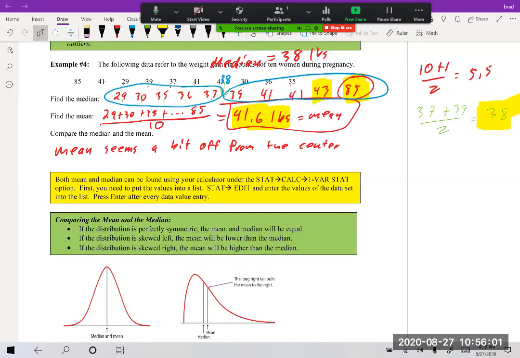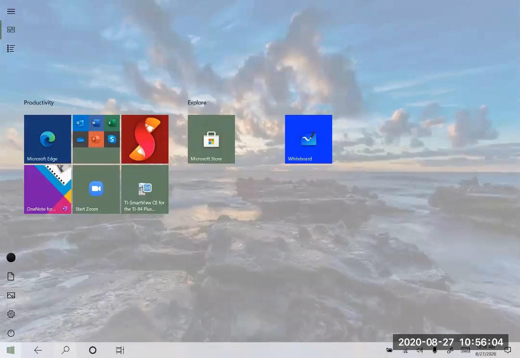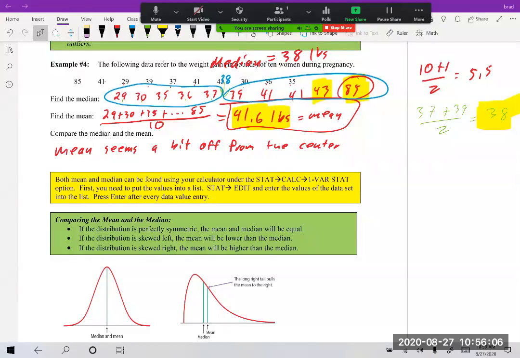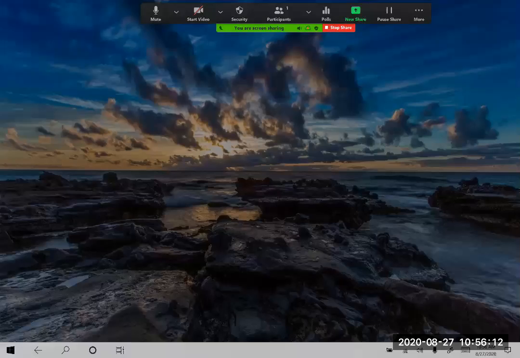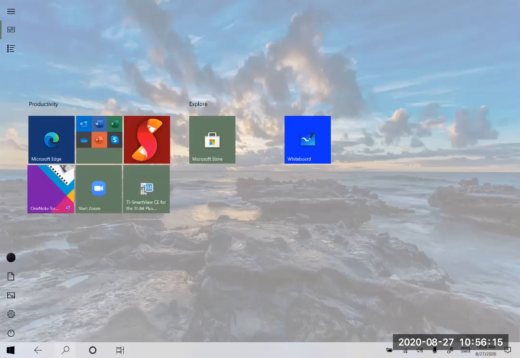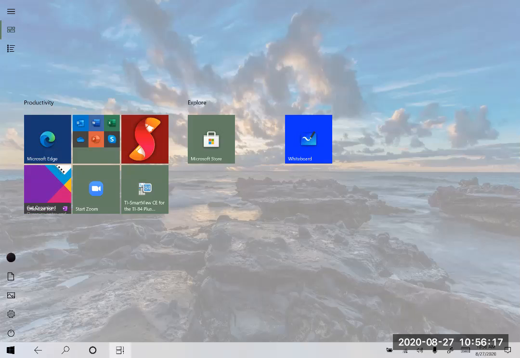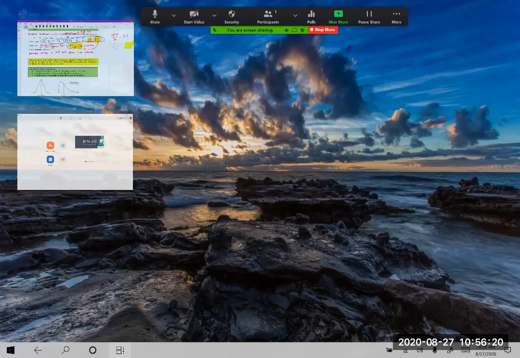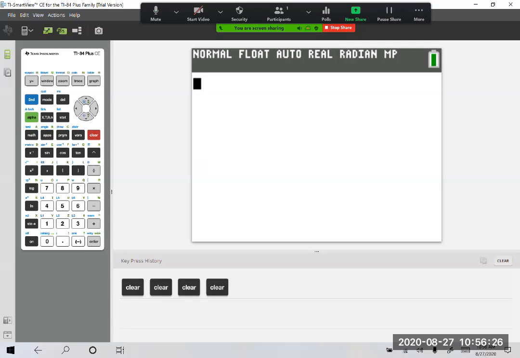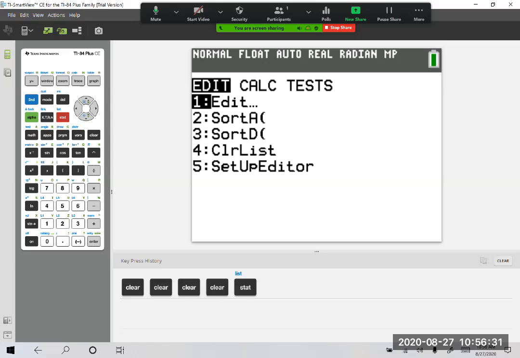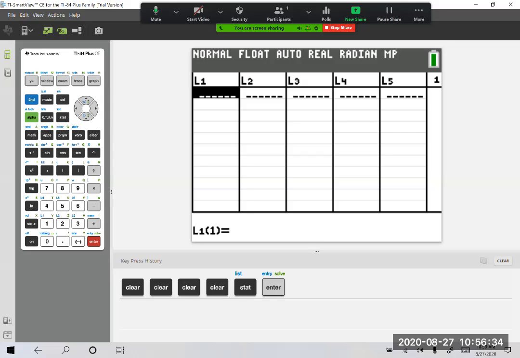So something I wanted to show you on the calculator. You could actually use your calculator for this. I know you guys have a calculator with you. You may not have this emulator, which is fine, but you got to have a graphing calculator. So on your graphing calculator, you should go into Stat and Edit. And see this list 1 right here? So what we're going to do is plug in the values from the table or from the list of data. 85,